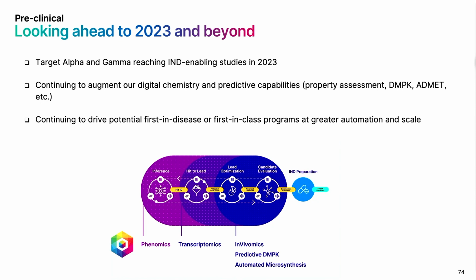And then the area that I'm really excited about over the last couple of years is we've seen how we can use our platform to really drive these programs in highly consistent ways. Gamma is a perfect example. We're no longer setting up bespoke assays to be able to identify and drive our programs. And so really in 2023, we are doubling down, and I love being partners with everyone here, including Lena, on